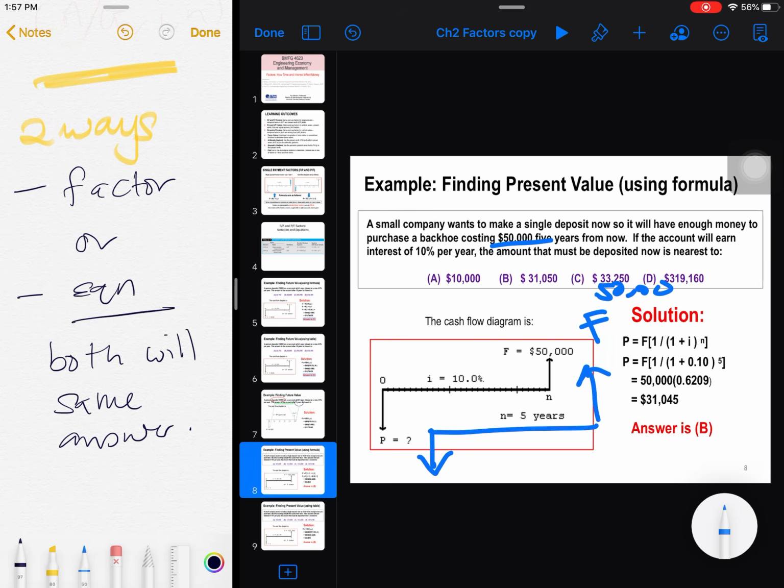It gives you 5 years. So N equals 5 years. It's over here. Okay, and i equals 10%, the interest rate, and P. So you put everything into the equation and you get a final answer of